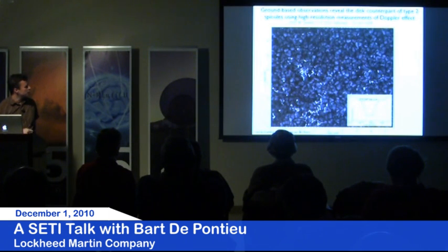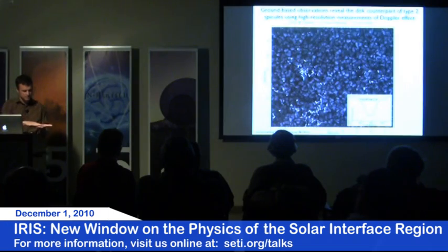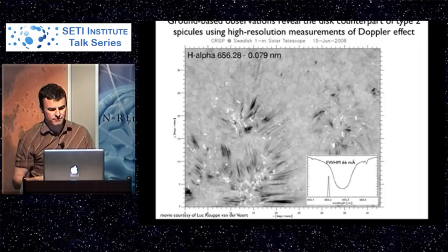This is an image of the photosphere, the surface, and we're now going to take a trip from the photosphere into the chromosphere using the H-alpha line. We're going to scan through this line, and as you scan through the line, you essentially become sensitive to different layers of the atmosphere. So we're starting at the surface, and we're now moving into the chromosphere. And then back down. And we're doing this a few times. As you can see,